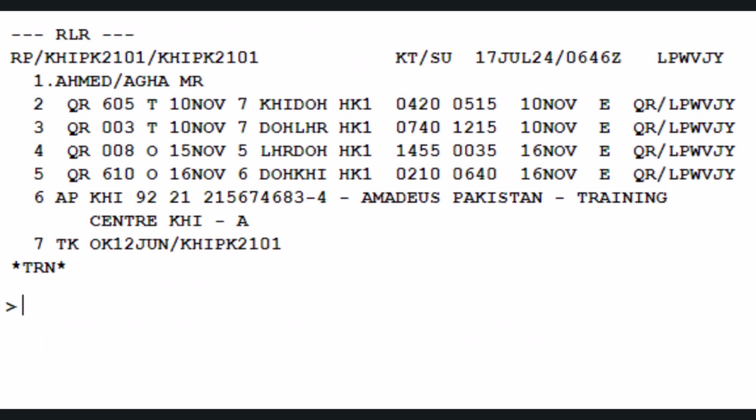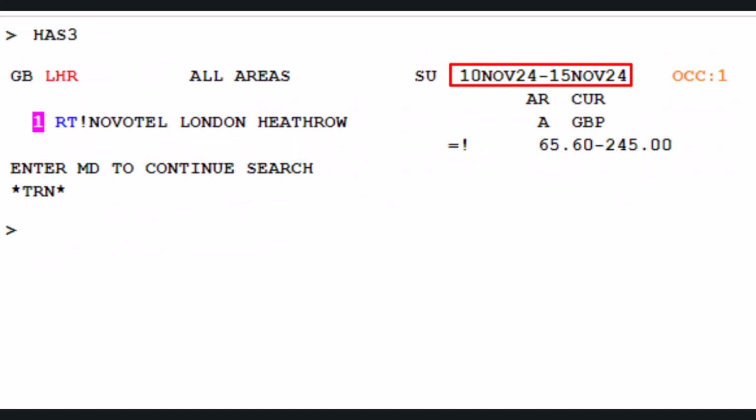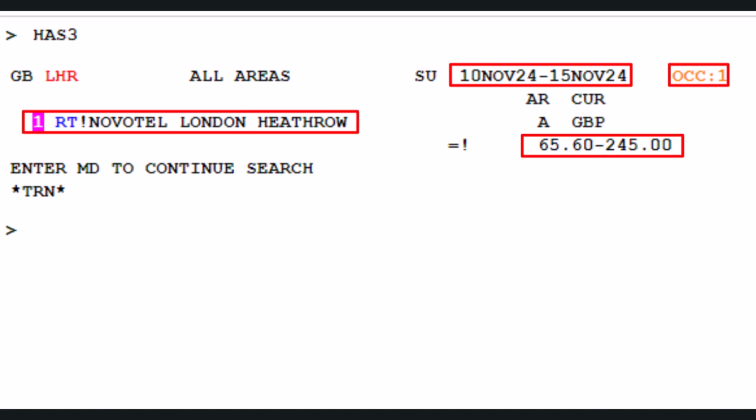Hotel availability from PNR, use the HAE transaction, followed by the letter S to identify segment. Then number 3 for flight segment number 3 that arrived in London and press enter. The system will automatically retrieve the check-in and check-out dates from the PNR and display the available hotels along with